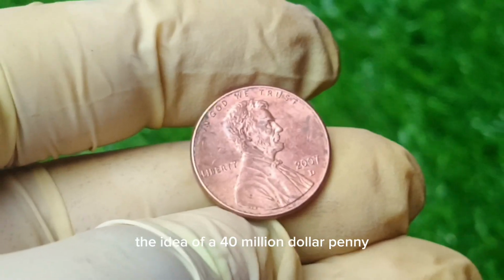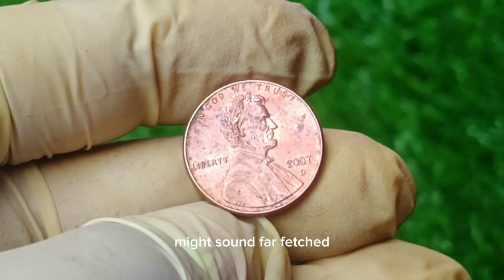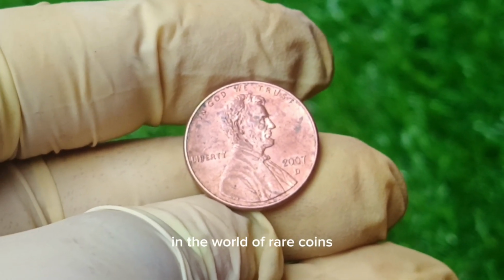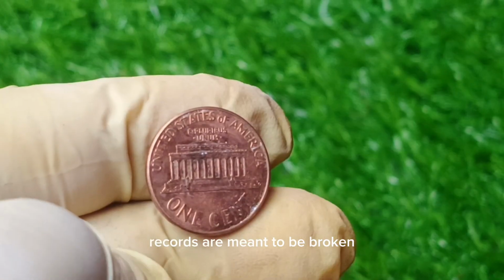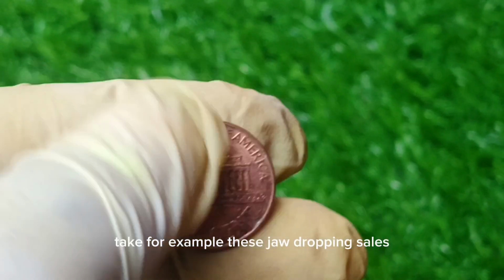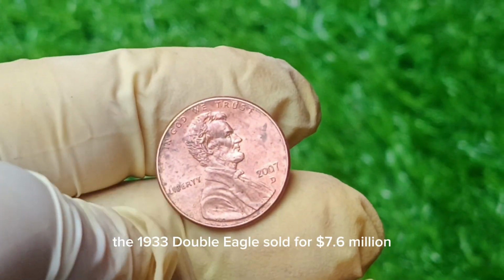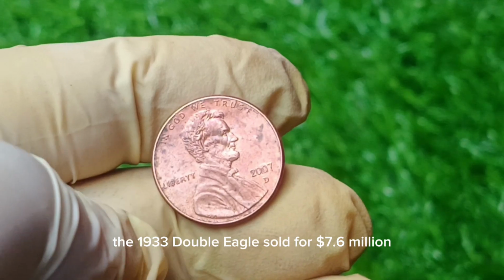The idea of a $40 million penny might sound far-fetched, but let's not dismiss it just yet. In the world of rare coins, records are meant to be broken. Take, for example, these jaw-dropping sales. The 1933 Double Eagle sold for $7.6 million. The